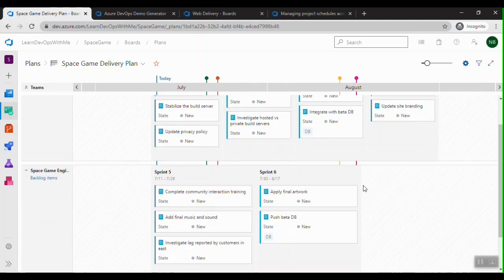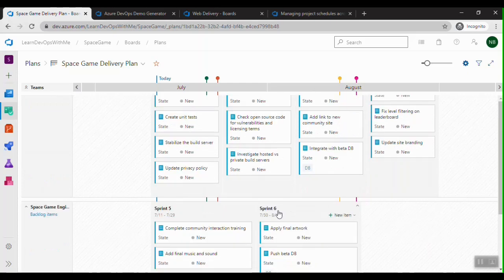Now if you observe here, we have a backlog called integrate with beta db, and here also we have this push beta db. Now let's assume this work item, or this product backlog, is dependent on this, and if you see, the delivery date of it is overlapping with sprint 3, right?